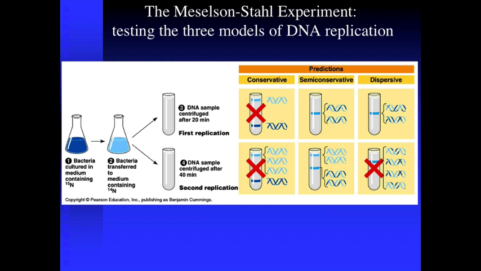They're going to take the bacteria that have been grown on that, break them open, and run their DNA through what's called a density gradient. So instead of centrifugation, where I taught you earlier about differential centrifugation,